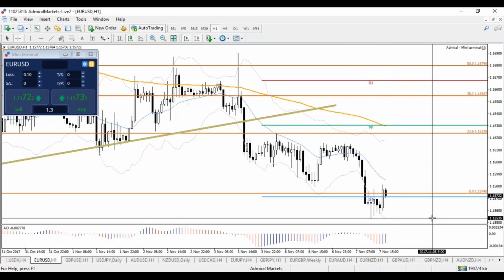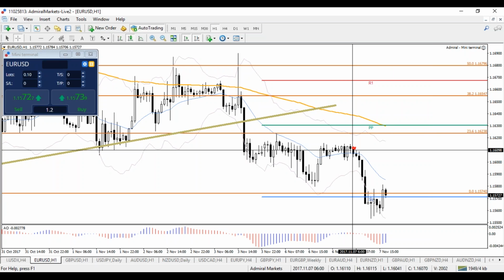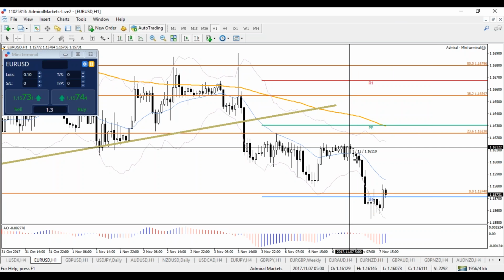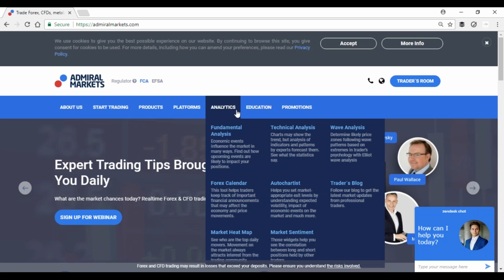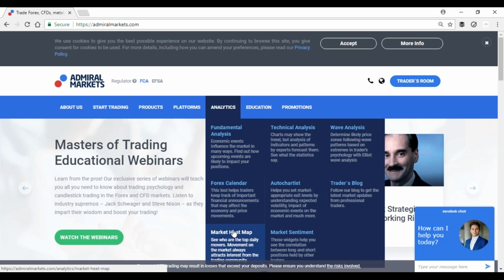It's difficult because this fall on the euro dollar is already quite a decent fall, almost 60 pips. The euro dollar does not move that much, so 60 pips is already a decent fall, specifically considering this slow, choppy range at this moment. If you're interested in checking out the volatility of a chart, a good tip is to take a look at analytics, then click on market heat map,